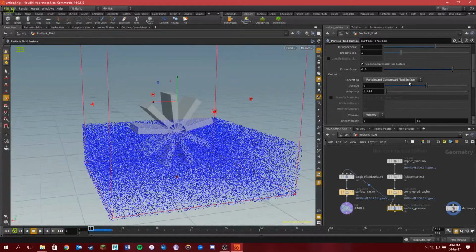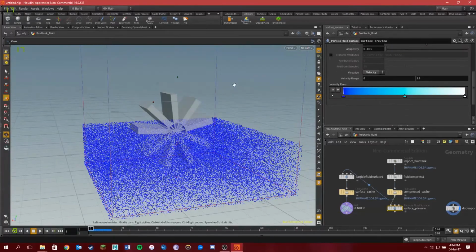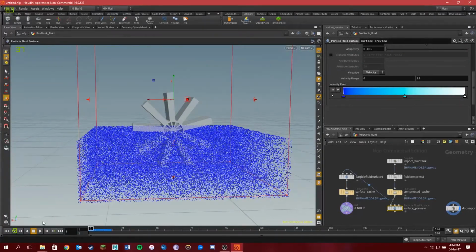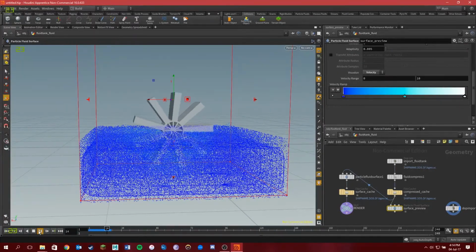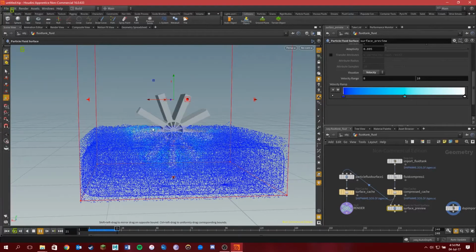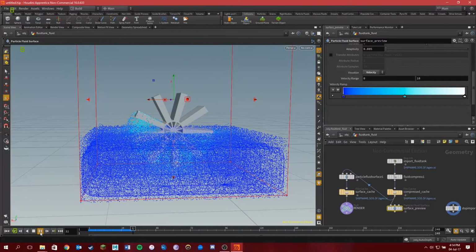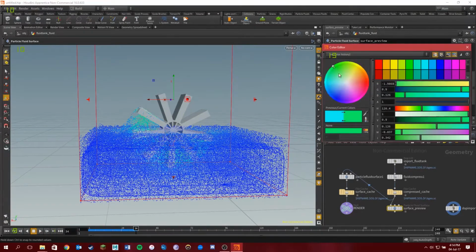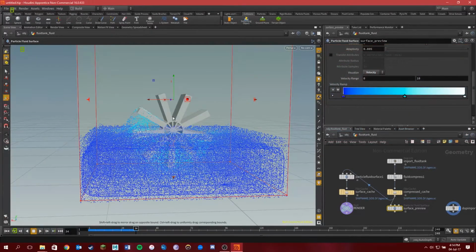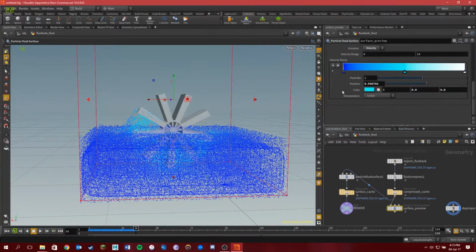So yes, anyway, here's the velocity ramp. At the moment, it is set to visualize the velocity, which is what I was mentioning before. So when it changes color, that's to indicate the speed that the particles are moving, the velocity. And so you can change those colors. You just double click, change whatever color you want. I'm going to leave it at like a light blue. It's fine. So you can also drop this down and just change,